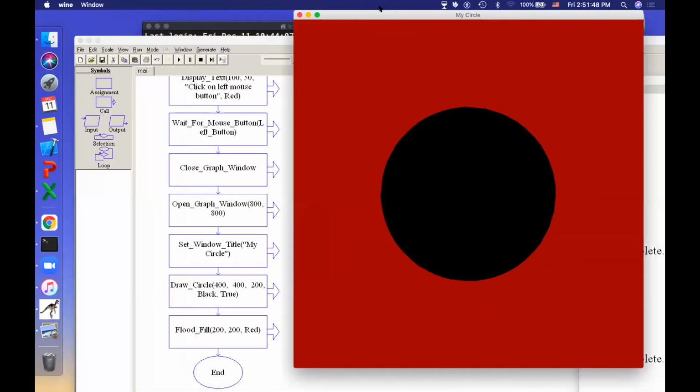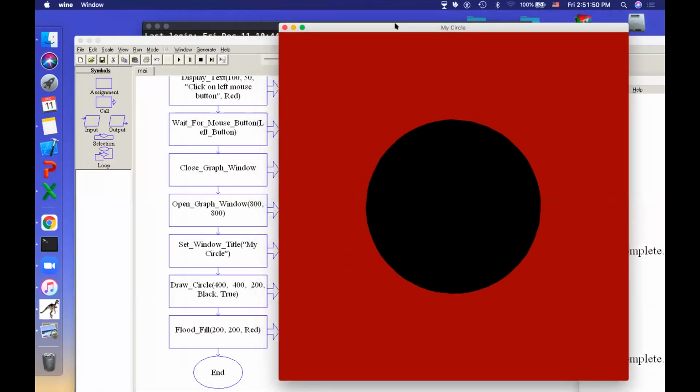You see here, I have flood filled it because I did not give it a border. It completely filled down all those things until it found the border. You see, this black is considered as the border for this entire one. It did not leak into the circle, but it filled the entire different area, which is from the border to that circle border. That's why the circle is intact with black color, but the remaining area is filled.